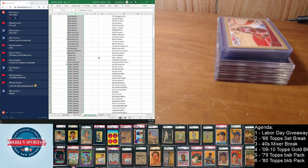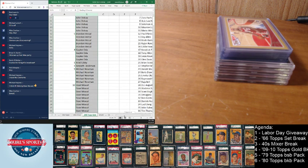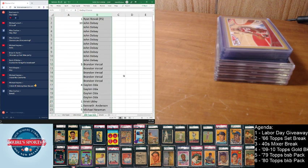So 330 cards in this set. Again, we won't read all 330 because we would be here a while. But what we will do is I've picked out some of the biggest hits, and we'll read through those. So we'll go ahead and get started. Well,